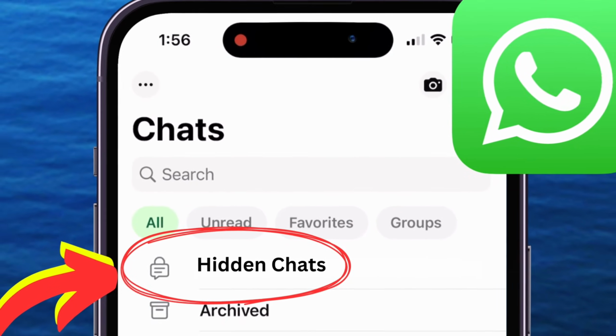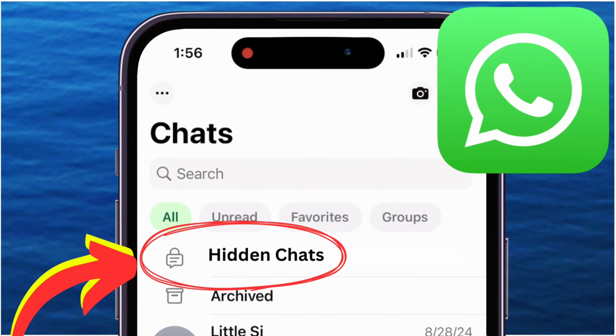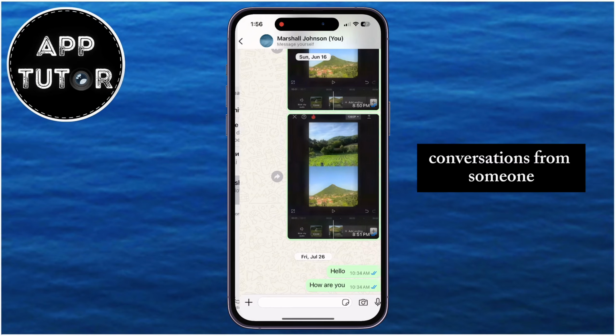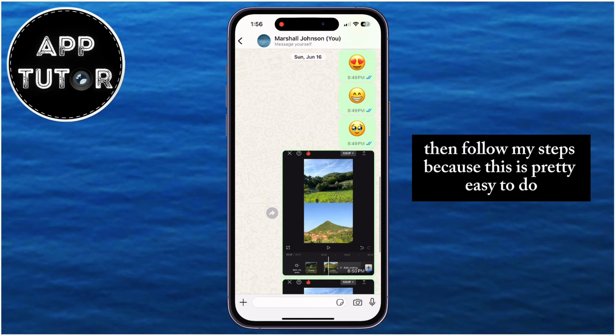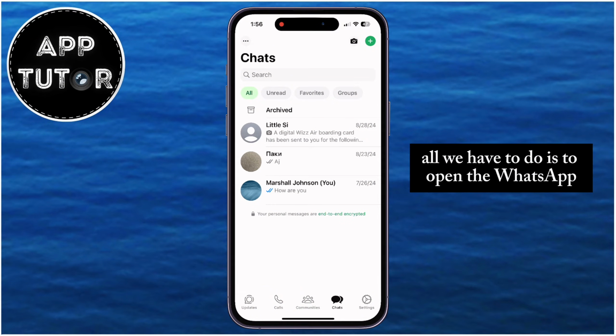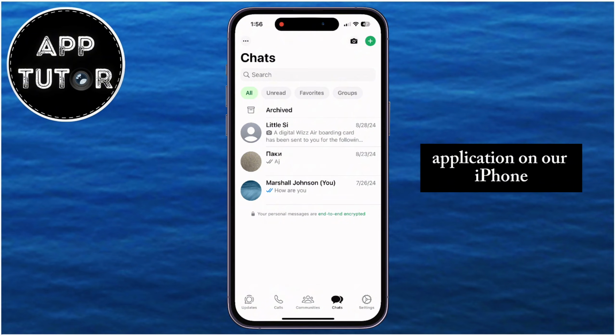In today's video, we're diving into a handy privacy feature: how to hide your WhatsApp message conversations on your iPhone. So if you need to hide your WhatsApp conversations from someone, then follow my steps because this is pretty easy to do. All we have to do is to open the WhatsApp application on our iPhone